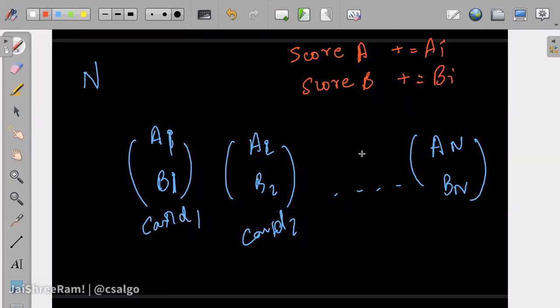Now what you want to do obviously is increase your score as much as you can, but it's not just your score, you want to minimize my score as well. Like you want to keep the difference as max as possible. So you want to design some strategy so that the difference between your score and my score is as large as possible, okay. So what would be your strategy to play the game?